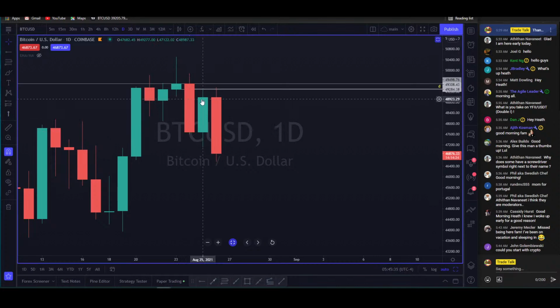Here you traded back up into support and closed back above it. That doesn't necessarily mean anything. This is your supply level right there. That's what you need to get a daily close above to basically call this a bear trap. You tagged that level perfectly. Last night I said I want to see Bitcoin get above this level. If not, this is the absolute perfect spot to look for shorts.